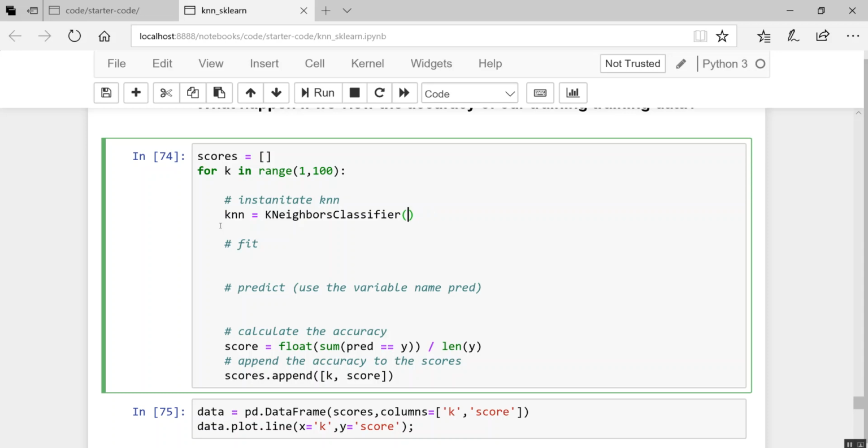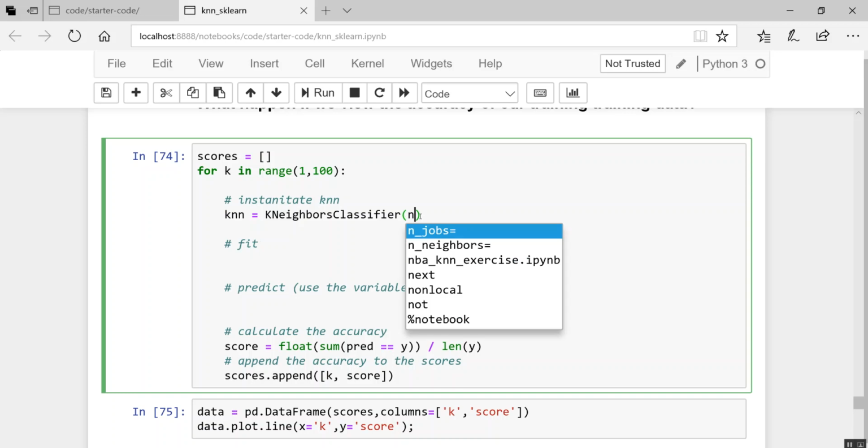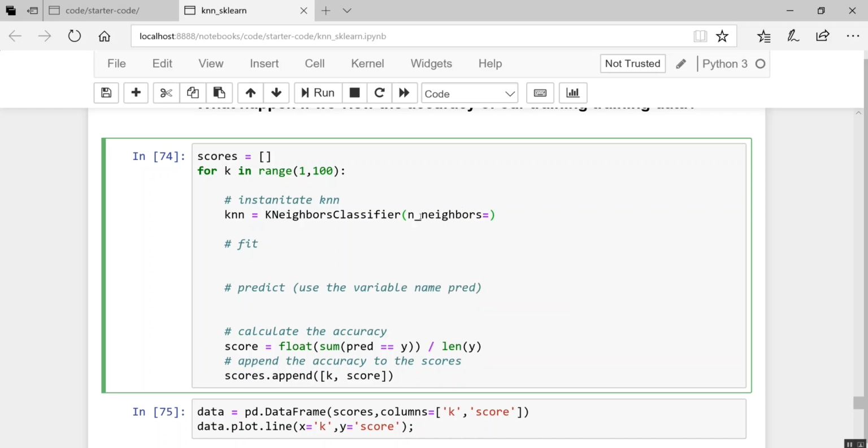especially for this 4-step process, because we do it so frequently. So I could start off, I could say build out the k nearest neighbors classifier, but I need to modify something inside of the parentheses. What should I change? N neighbors. Note I have the documentation in memory, so I pressed the first letter, tab, and then for most of you, documentation should show up. So n_neighbors is equal to